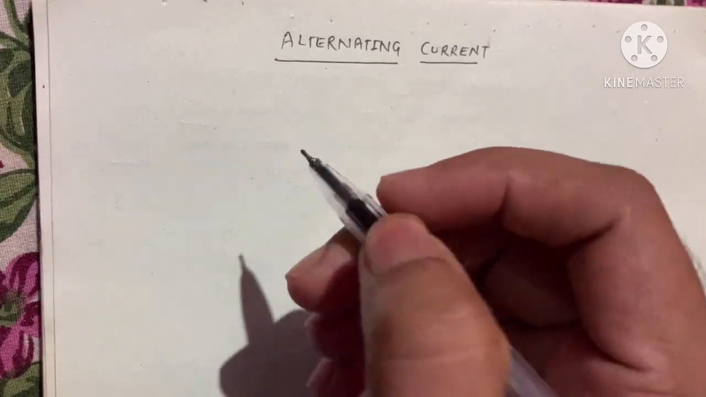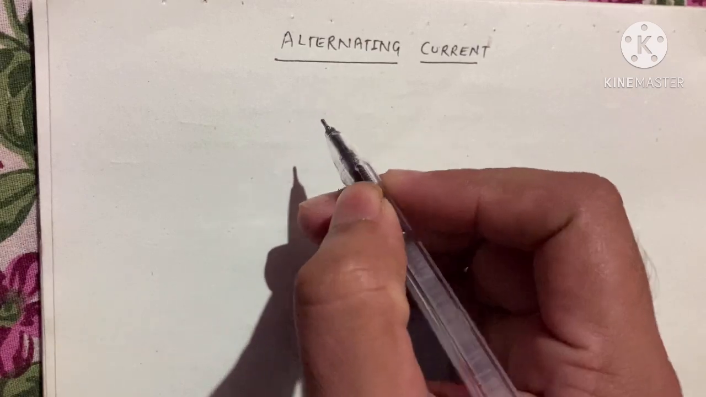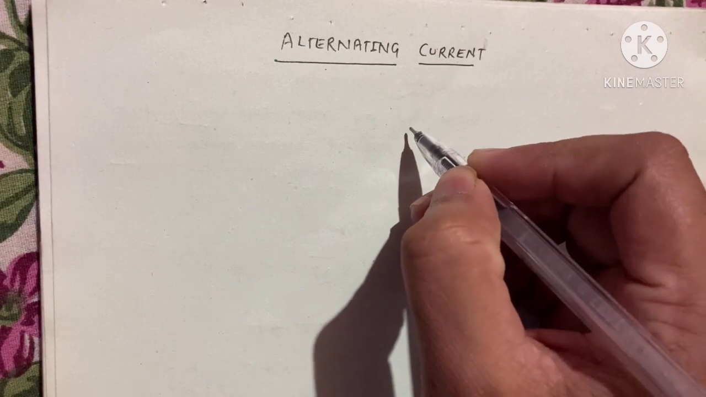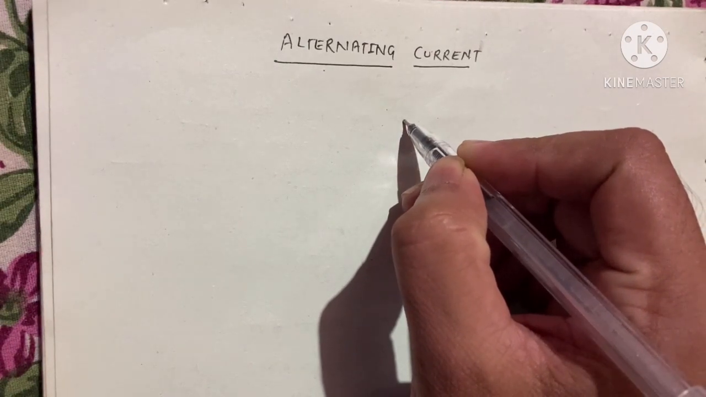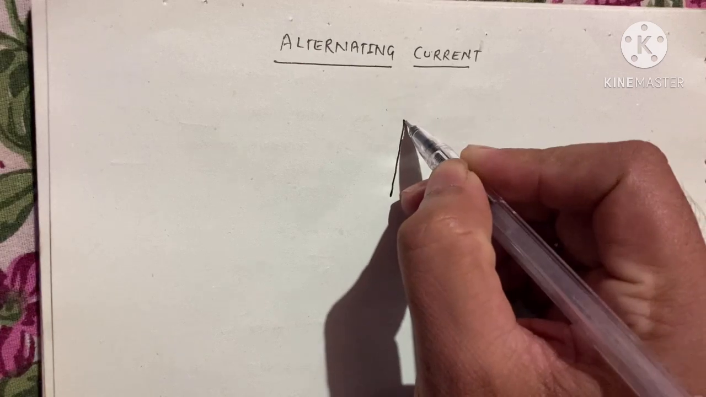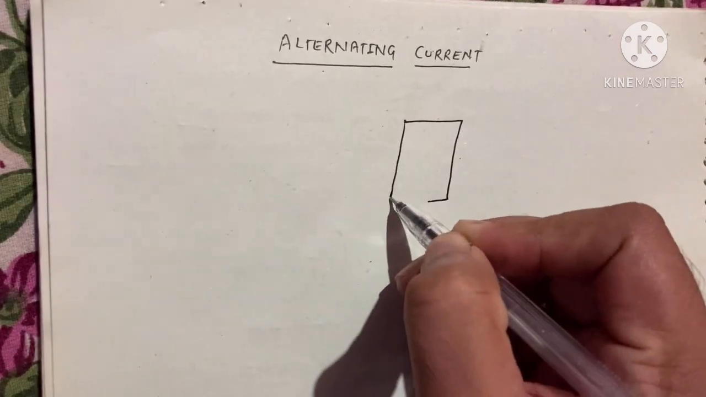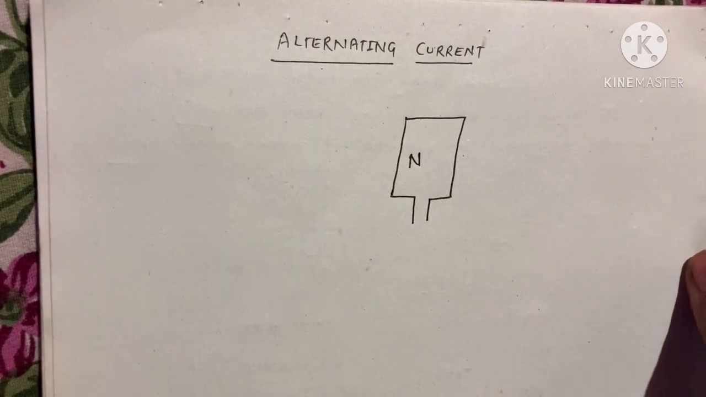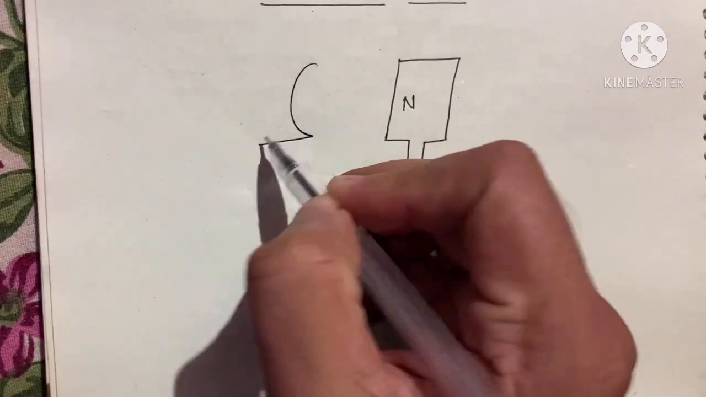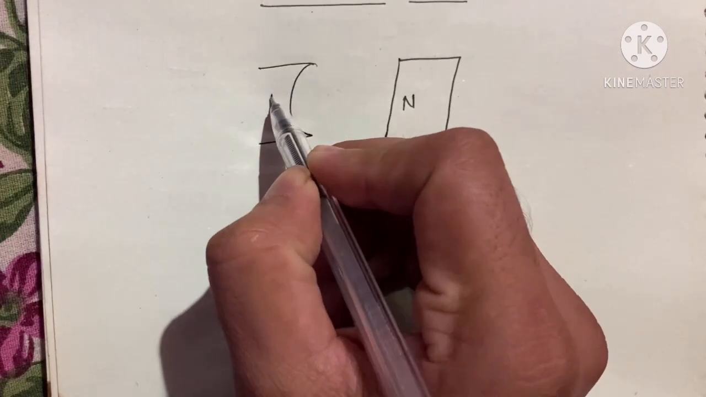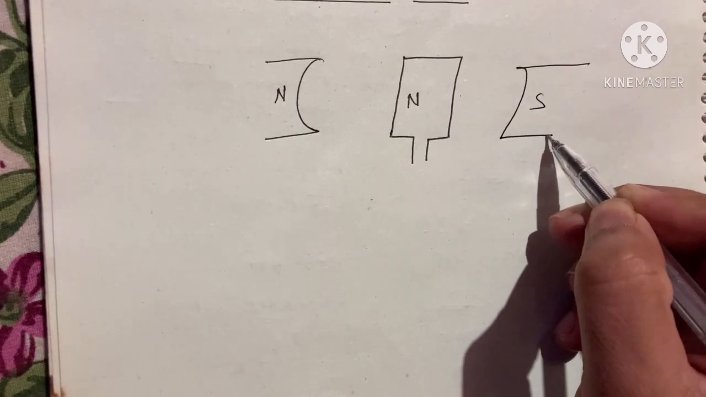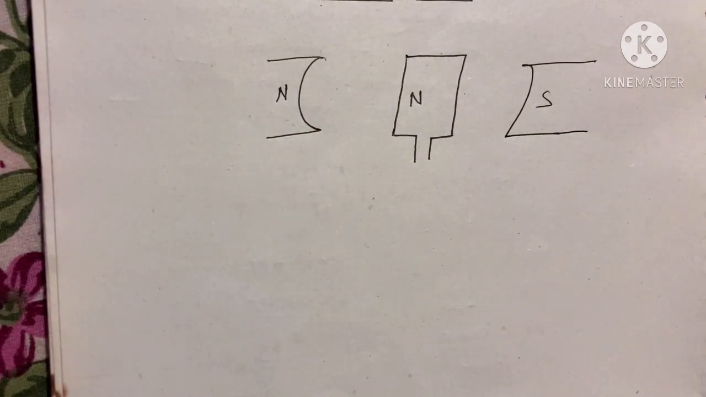Alternating current. In 10th standard, students, we have seen that when a coil, suppose I have one coil like this, and suppose it has n number of turns, and it is kept between two horseshoe-shaped magnets, this is suppose the north pole and this is the south pole, when this is kept in between the two poles,